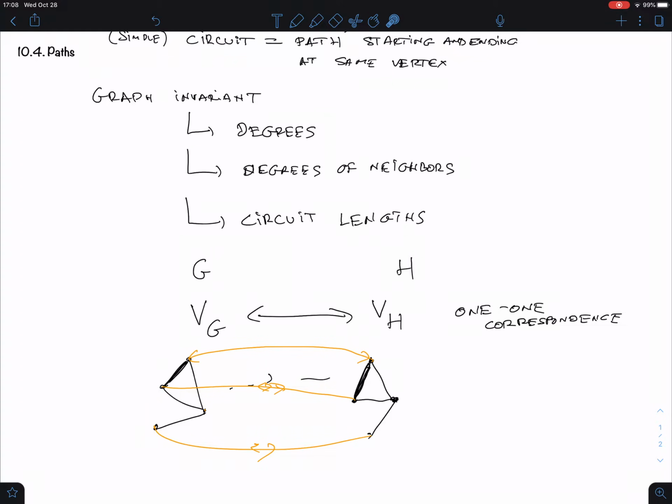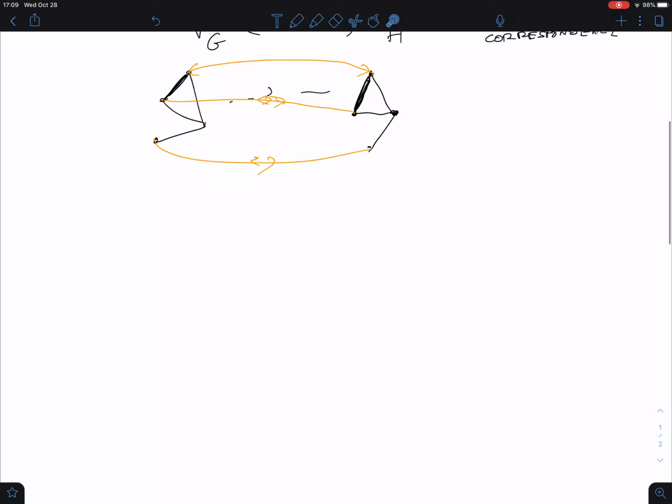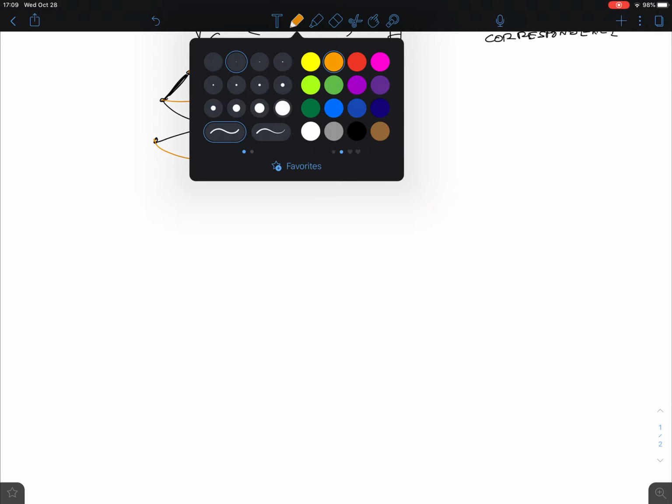That's the condition. Therefore, it follows that if you have a path, say here of length 3, so a triangle if you want, then these vertices must correspond to vertices in the other graph that also have a path through them of the same length. That's what a graph invariant means, and therefore the length, particularly this length, is an invariant here. If there is a circuit of length 3 in one, there must be a circuit of length 3 in the other. So let me do an example of this,